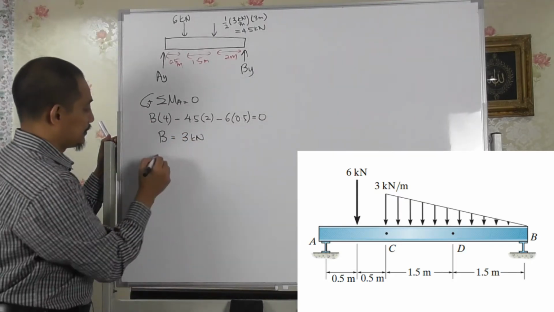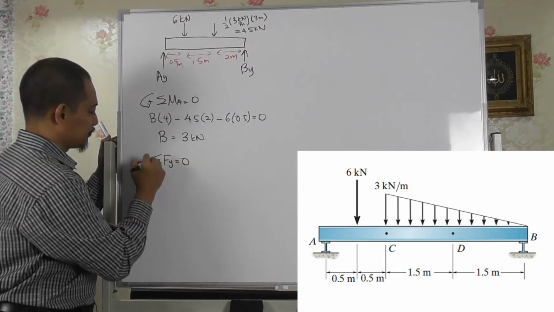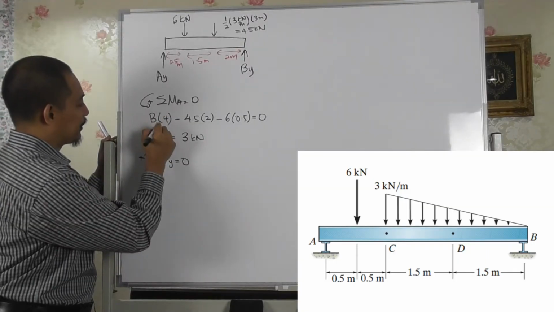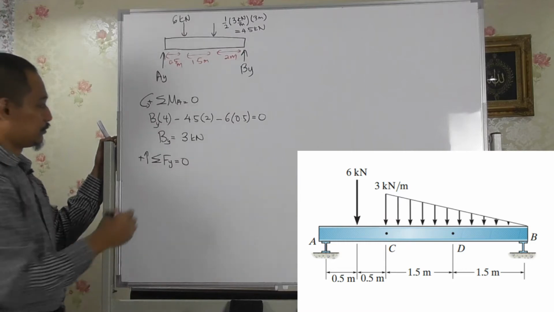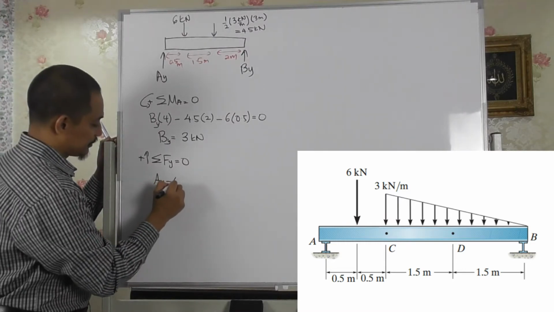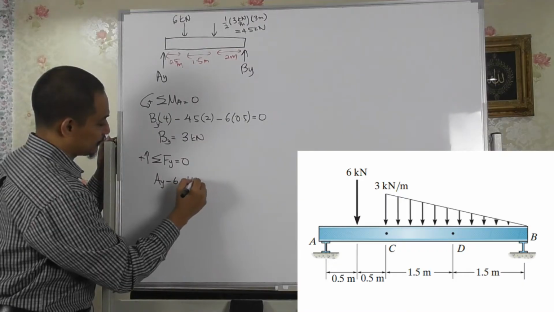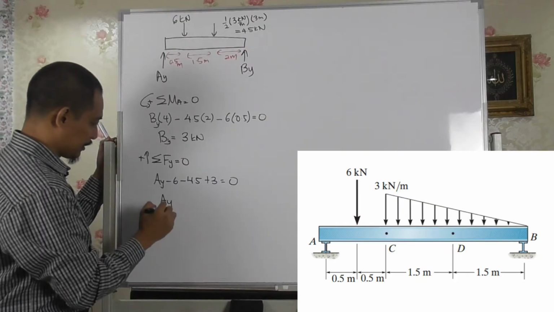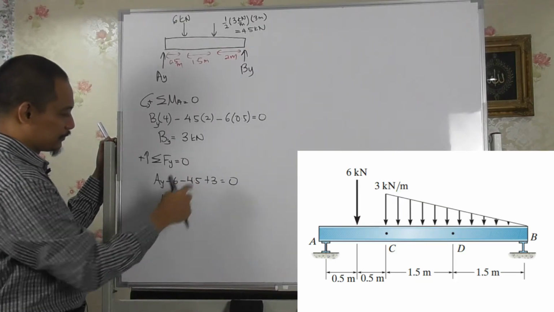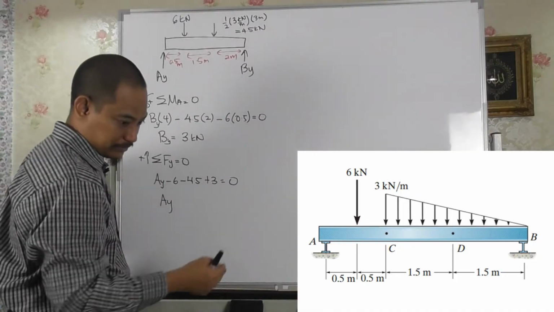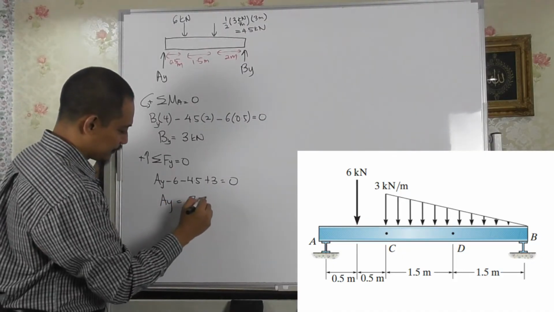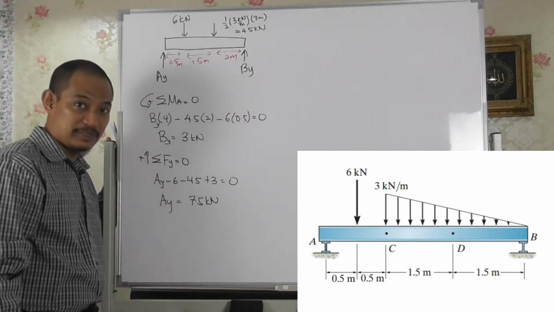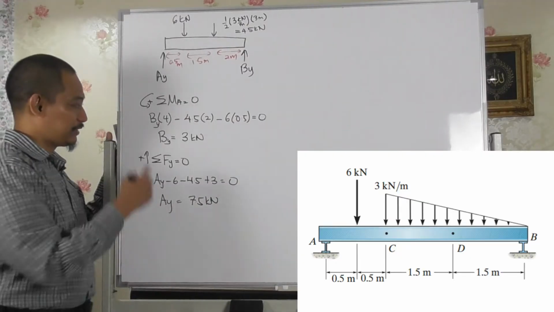Okay, and then if you do summation of Fy equal to 0, with outputs as positive, you'll get Ay, and this is By, right? So you have Ay minus 6 kilonewton minus 4.5 plus By, which is 3 plus 3 equals 0. So in this case, Ay becomes minus 10.5 minus 7.5, so bring to that point, 7.5 kilonewton. So that is the support reaction, right? Okay, support reaction. So By is 3,